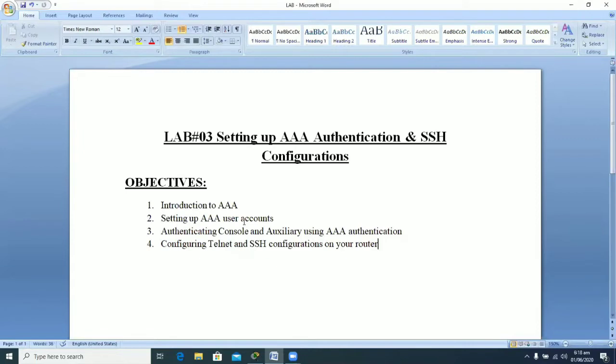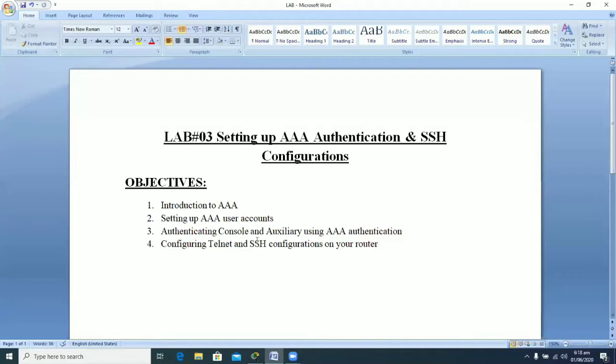In the previous lab, we used only the password authentication method for logging into our router using the console and auxiliary port. But in this lab, we will be dealing with AAA authentication. So what is the advantage of having AAA authentication over the password authentication method? Basically, in the AAA authentication method, you have the pairing of a username as well as its own password. So you can log the activities of a particular user, but in the case of simple password authentication, you cannot have any user logging activities. So basically, AAA service is more secure and more efficient as compared to only the password method for user authentication.